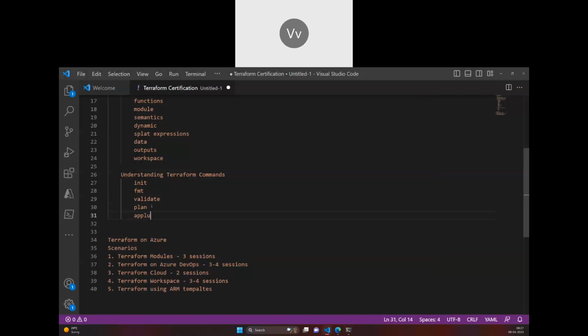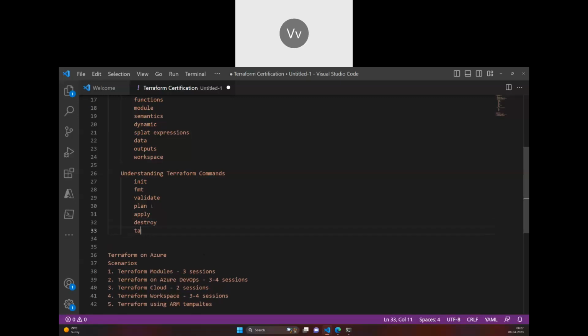We will talk about apply. We'll talk about destroy. We'll talk about taint and untaint. We will talk about import. So these are commands: terraform import, terraform taint, terraform destroy, terraform apply.